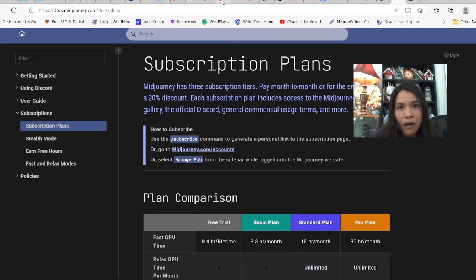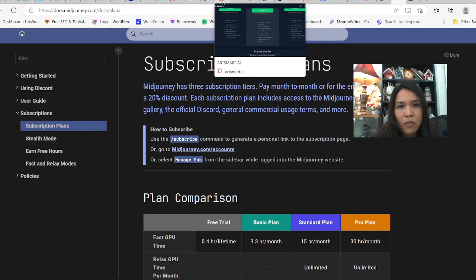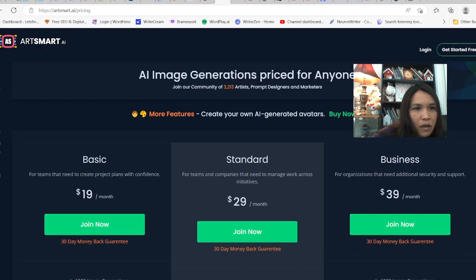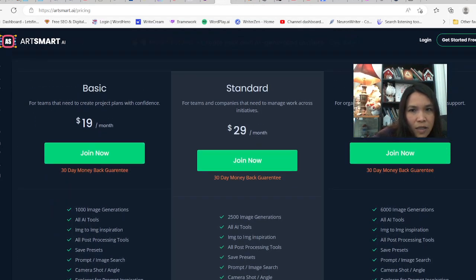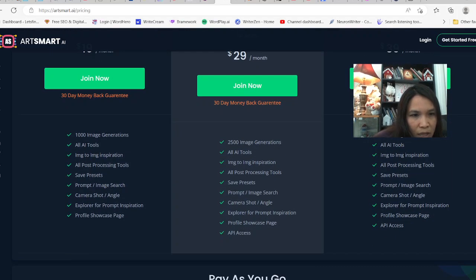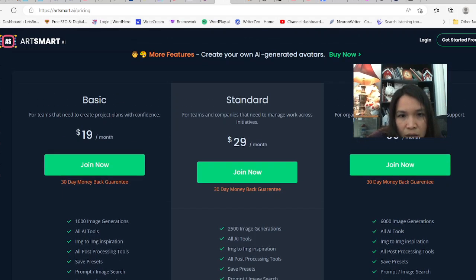Okay, now another platform called Smart. Let's just say here you can do the basic plan for $19 per month, 1,000 image generations. What I like about this one is that you have Tune. It has images and inspiration, saved presets, all the stuff.